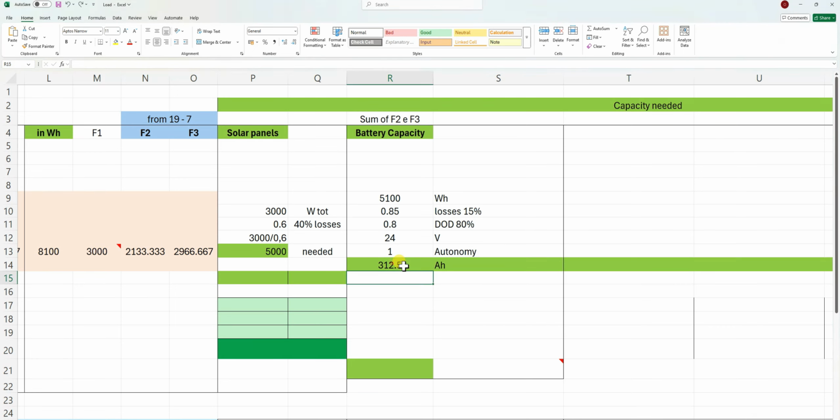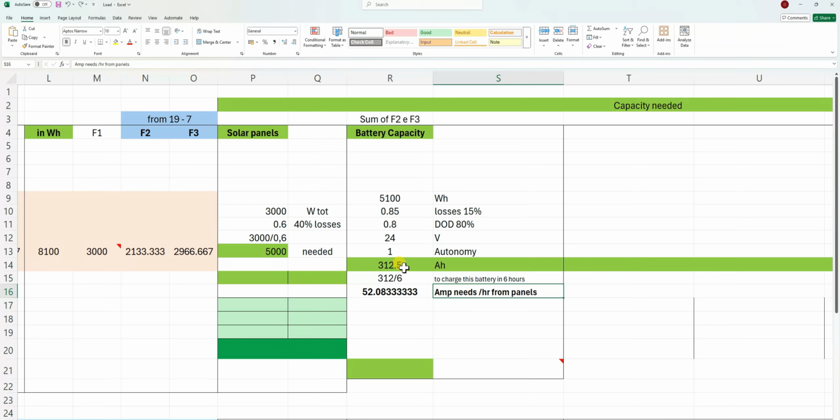After calculating the size of the battery, then I have to see in how much time my battery will be charged based on these solar panels. So assuming 6 hours of sunlight to charge this battery, I will be getting 52 amperes. So I will be needing 52 amperes per hour from my solar panels on average to charge this battery